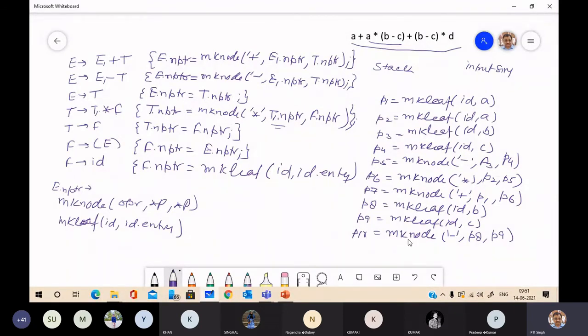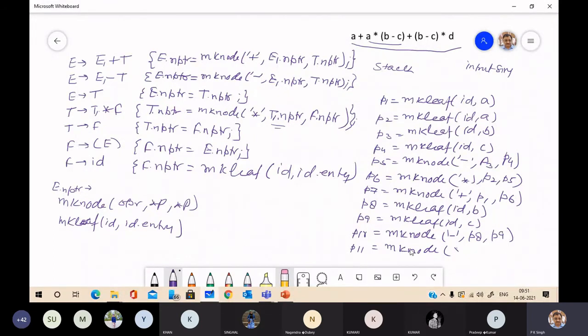After that, it will shift asterisk, then D. When D is shifted, it will create a new node, P11. Sorry, not make node, it is a leaf node.